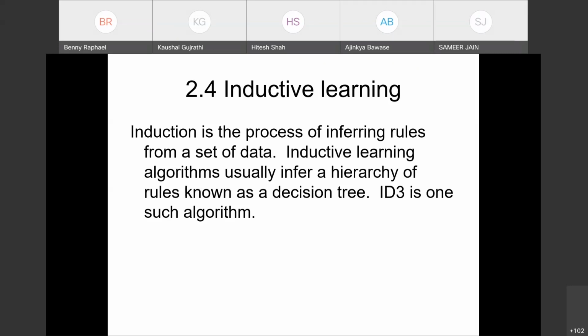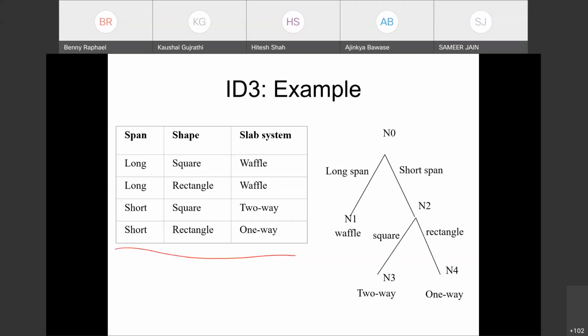Unable to hear the audio, sir. Problem with the network. Are you able to hear me? Yes, sir. Now we are able to hear you, sir. And in between there was a network disruption. That's why it said that.